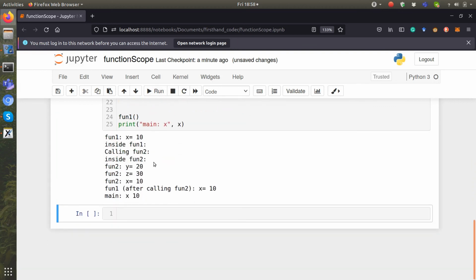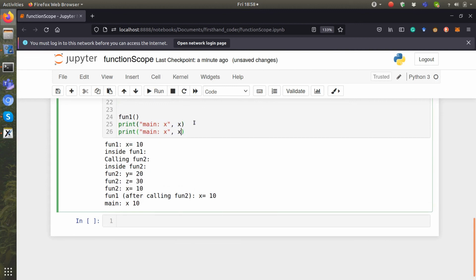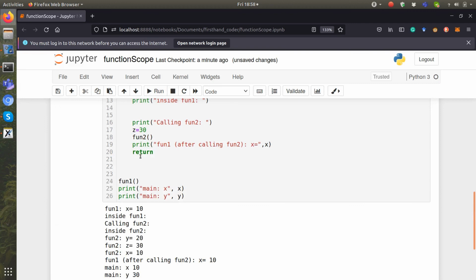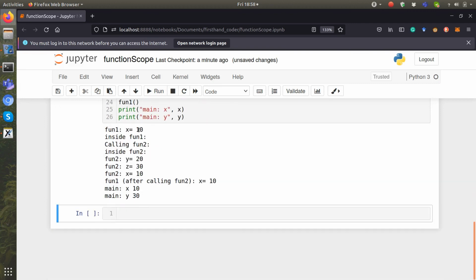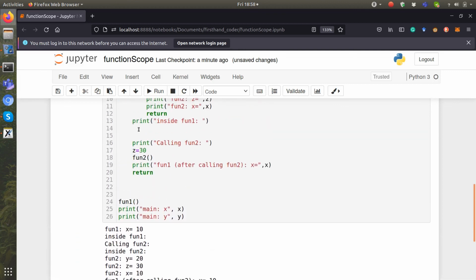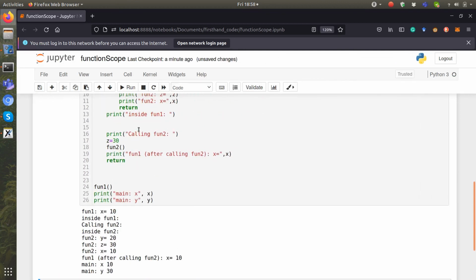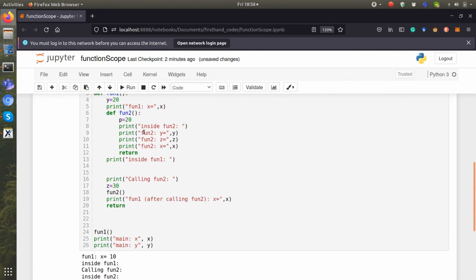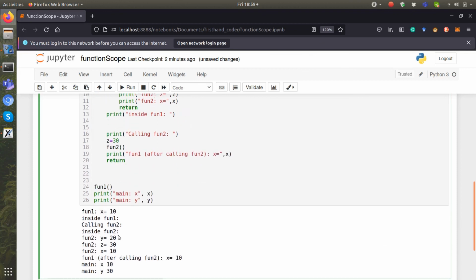Okay, let's try printing y at the end too. In main, let's see which of the y's we will have. So run. Okay, so we can see inside fun1 we are able to print x. Yeah, we know that. And then inside fun1 we created this variable y, which is equal to 0. So when we enter inside fun2, we tried to print y. You can see inside fun2 we were able to print the y, which is 20, which is the y